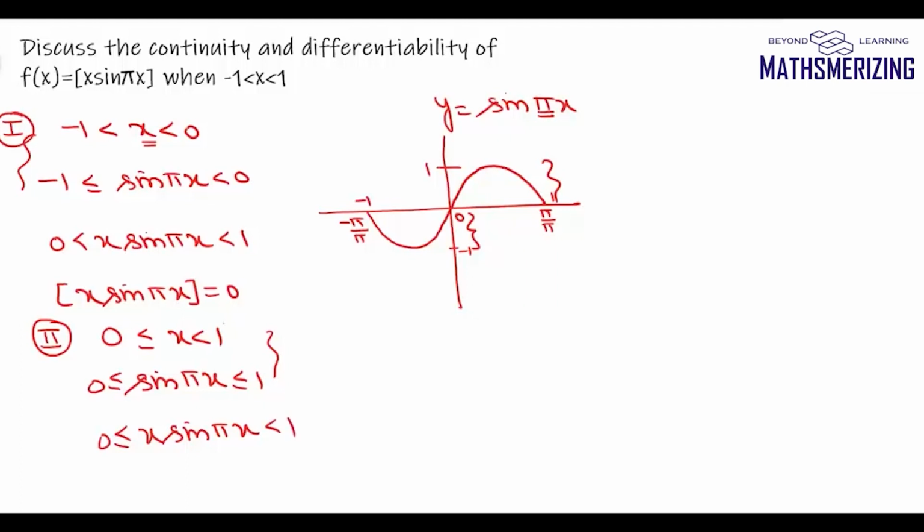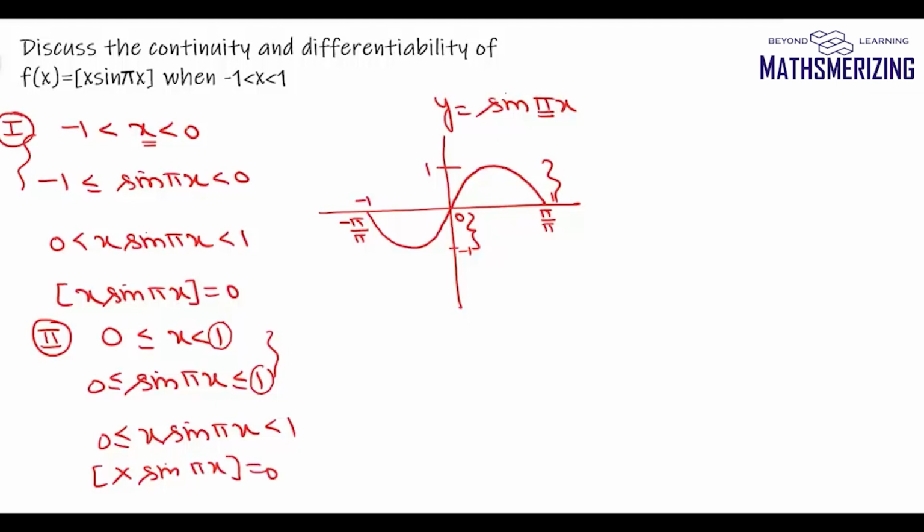It will be less than 1 because in order to achieve the value 1, both of them have to be 1 simultaneously. But they are not 1 simultaneously at any point. So this value will always be less than 1. So in this case also, greatest integer function of x sin pi x